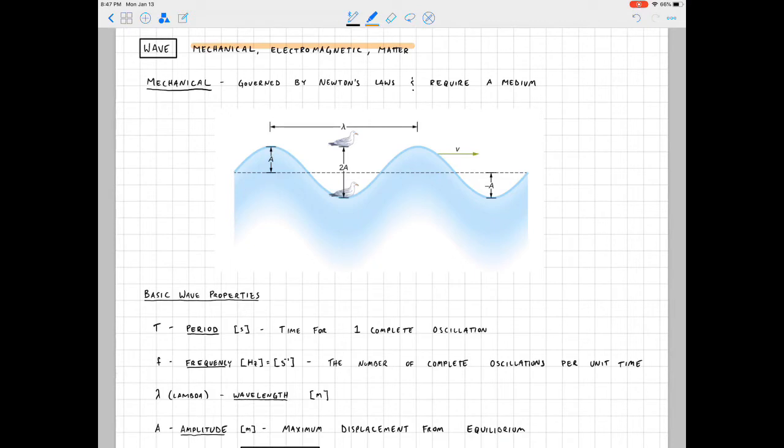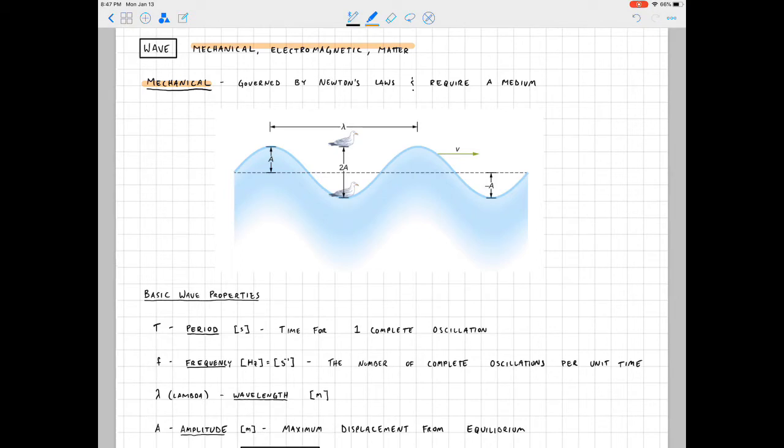And later in the semester, we're going to focus in on electromagnetic waves, which is essentially light, and that's going to allow us to talk about some interesting phenomena associated with light. But for today, we're focusing on mechanical. So for mechanical waves, we've got waves that are governed by Newton's laws. All right, so remember back to 101,